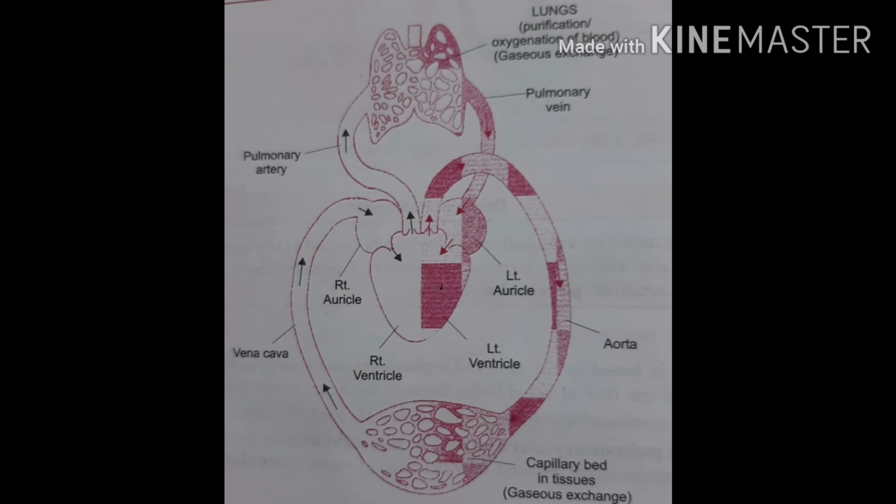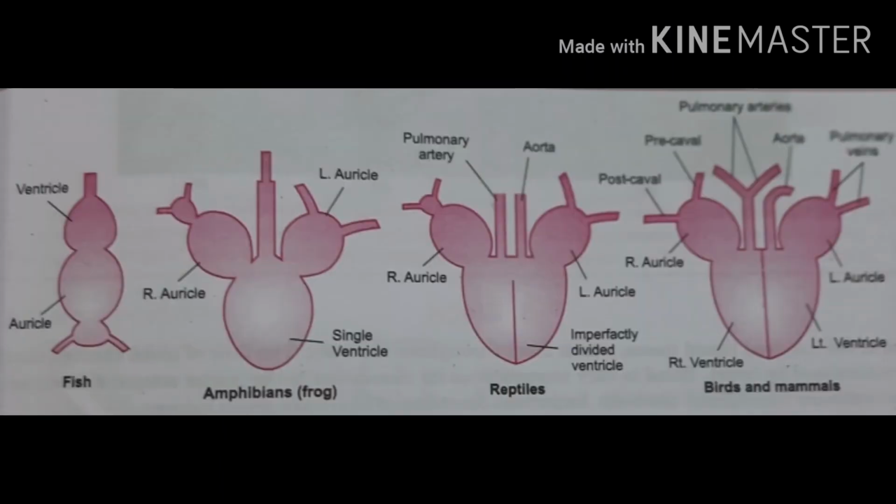In frogs, which are part of the amphibians, now you can see the picture and connect with my words. In frogs, which are part of the amphibians, and many reptiles, the heart is 3-chambered. It has 2 auricles and 1 ventricle. So a mixing of pure and impure blood takes place in these animals.